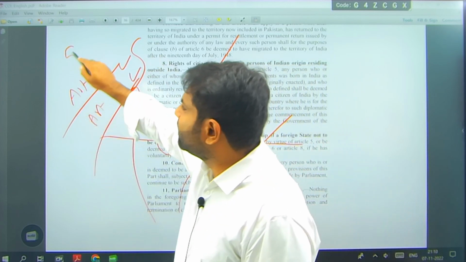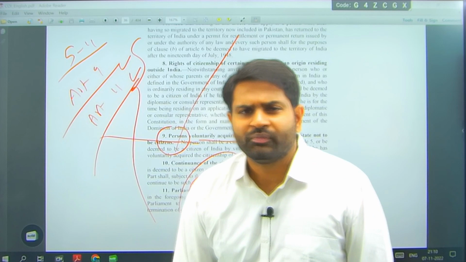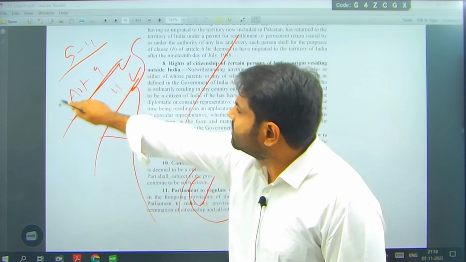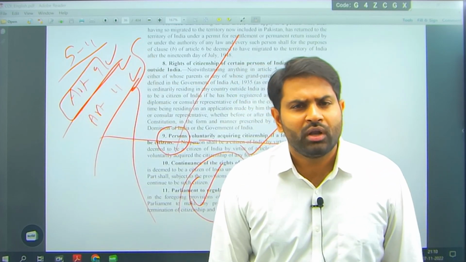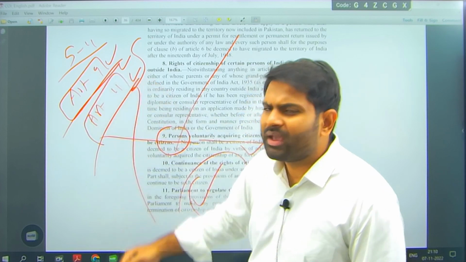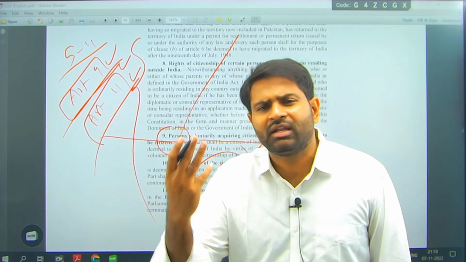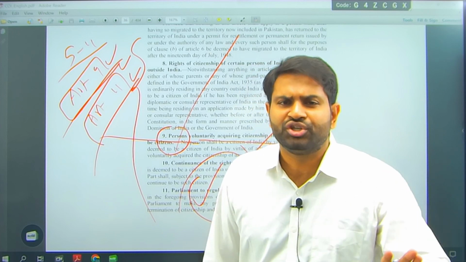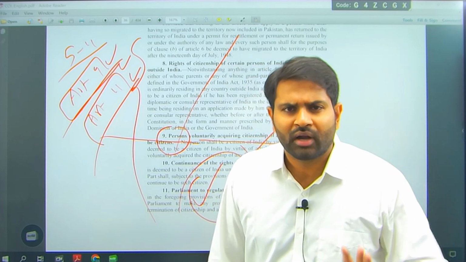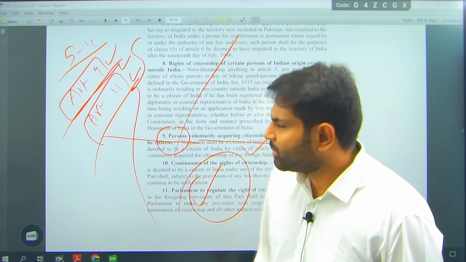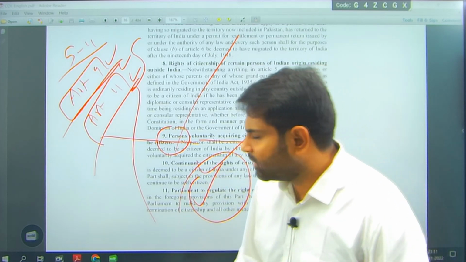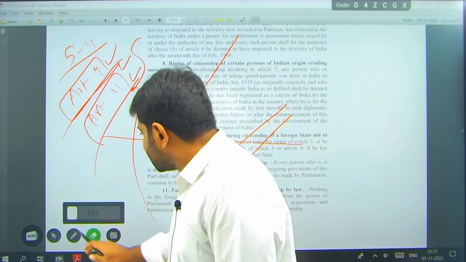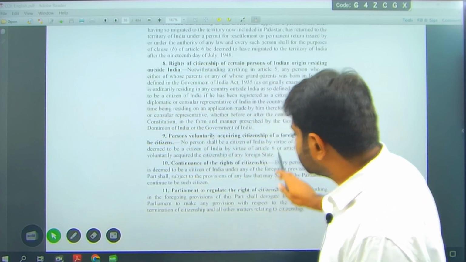In Articles 5 to 11, we have the second part, that is citizenship. Article 9 is saying no dual citizenship. Article 11 is saying who can make laws? Parliament. Parliament will create a law and say he is a citizen, that person is not a citizen, he will not get citizenship. Whatever the modalities are, it will be done by Parliament. Parliament is a sovereign authority, remember. Second part of the Indian Constitution is done.